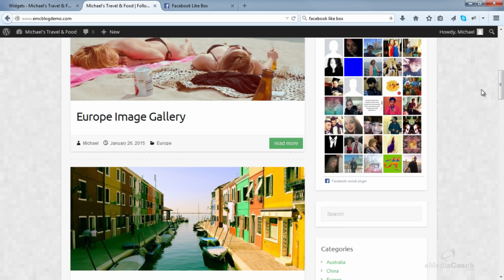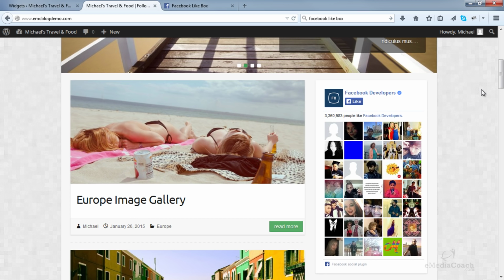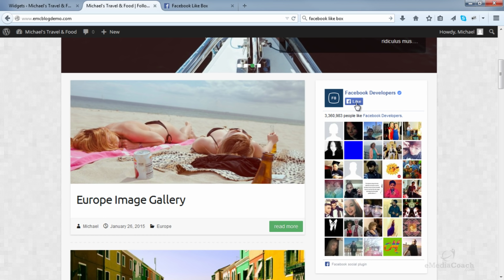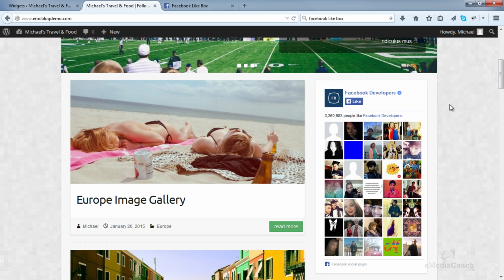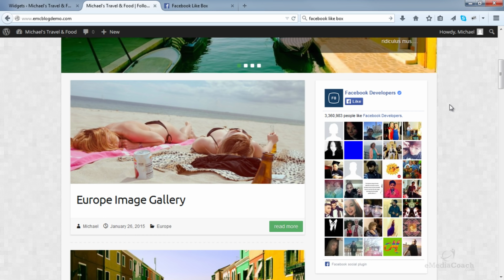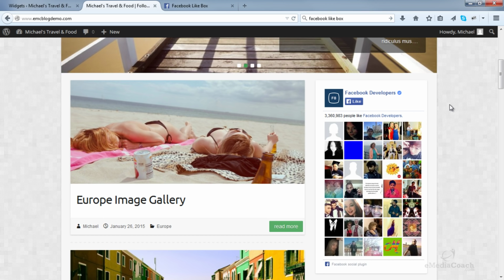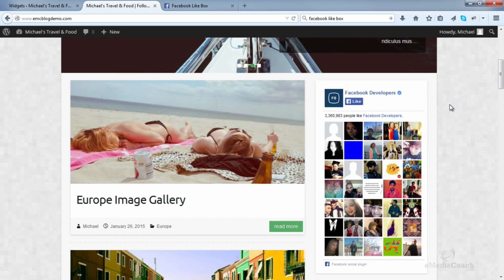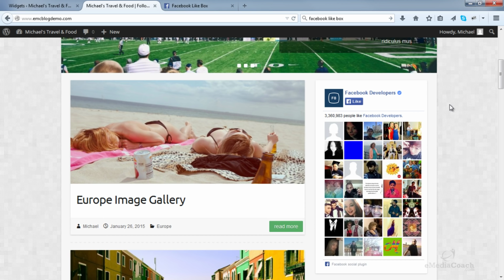There you go. It's a really nice feature. Any subscribers or fans of your blog can come and like your Facebook page, and it's good to gather a social following, because any post or page you make on your site or on your blog, you can actually post that on your social media pages, and it's good to get a gathering because it brings more traffic, and therefore down the track it can help bring more subscribers and therefore add more value to your blog when it comes to making money or selling. So there's a little tip for you there.